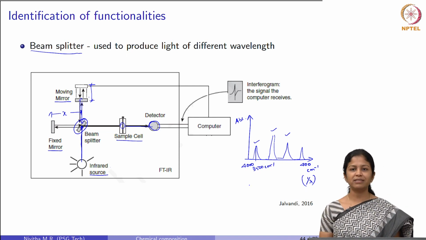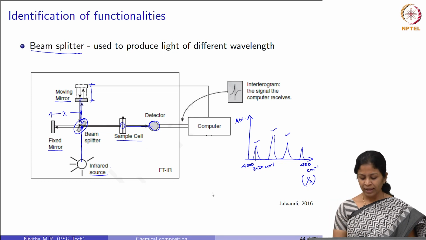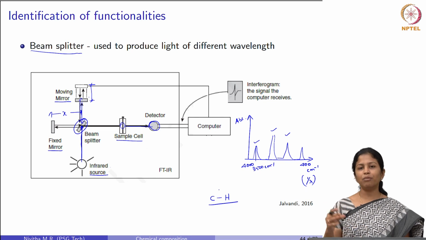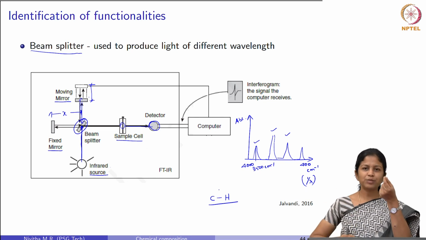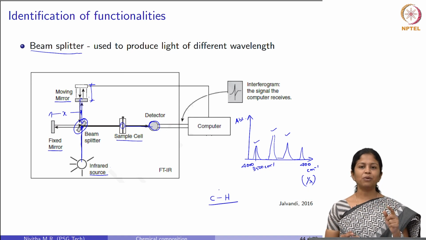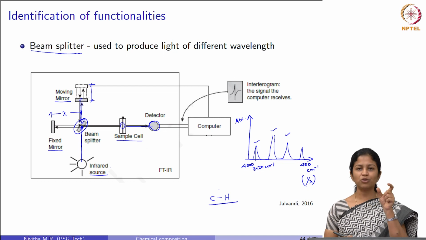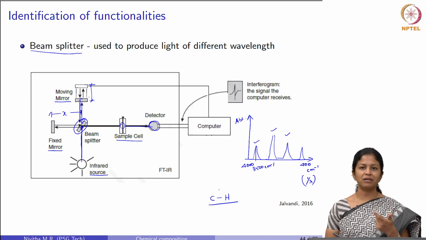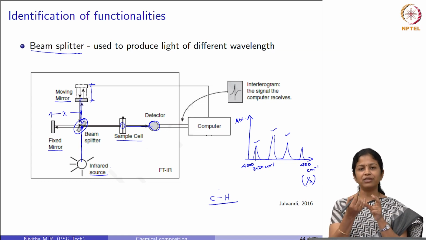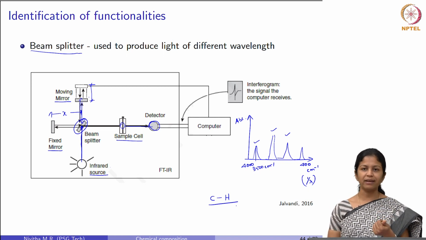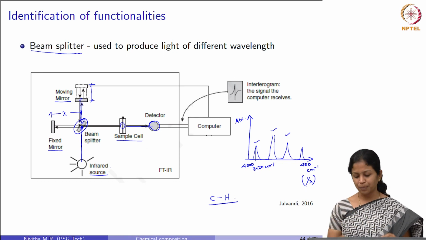Now, we have different materials, right. How do we arrive at this information? Let us take this C single bonded to H. This C-H will vibrate in a very small range of frequency irrespective of what material it is present in, whether that is our skin or bitumen or any of these materials we see around. This C-H is going to vibrate only in a very short span. The span will vary a maximum of 10 centimeter inverse. So, it will vary only in that range, and that is used to identify what the specific functionality is and what environment it is present in.